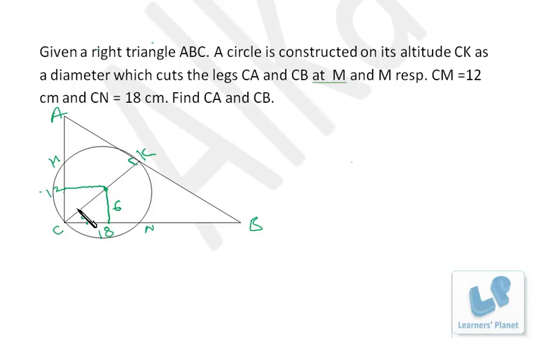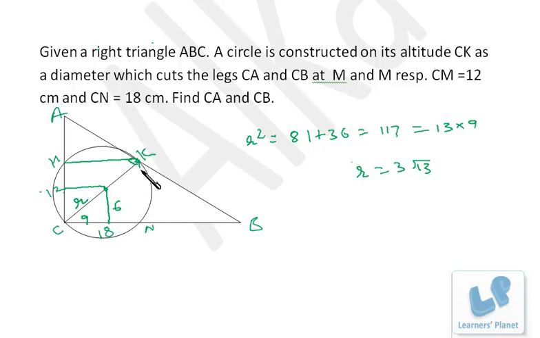So by this we can calculate r, right? So r square will be 81 plus 36. So r is equal to 3 root 30. Now this complete length is 2r, right? Now what I do, I match this M and K, and from here K and N,